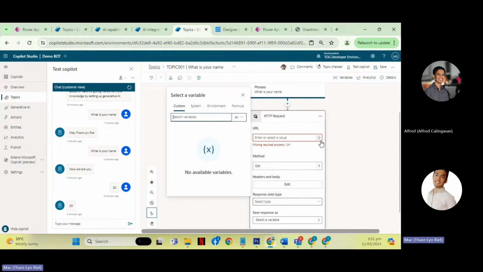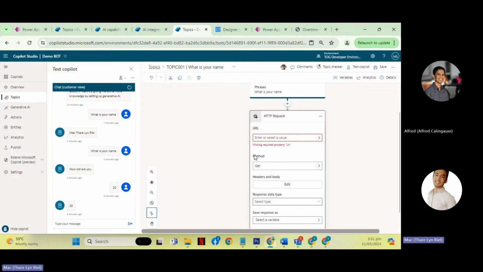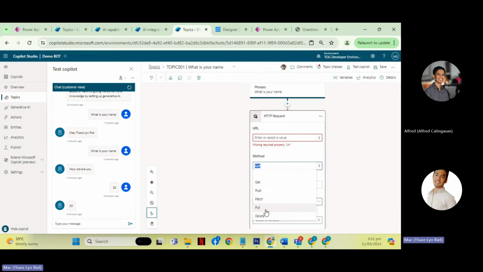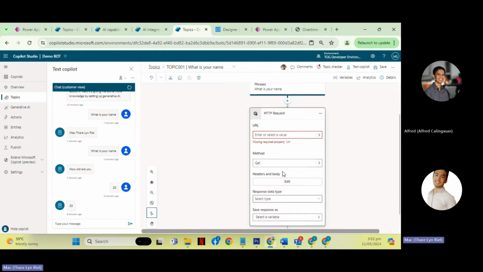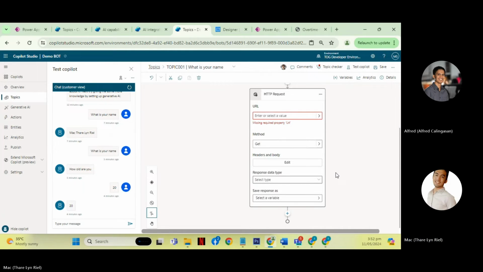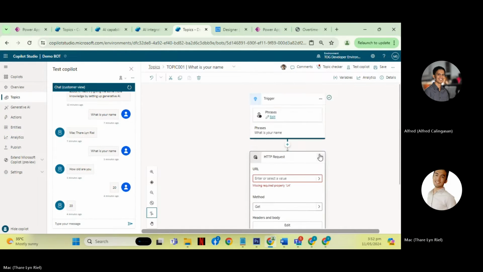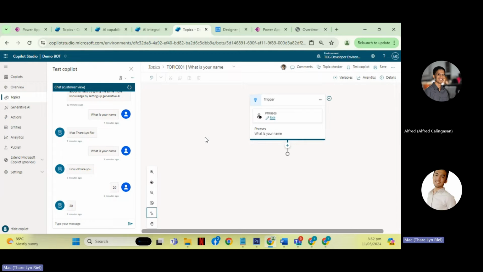It will do whatever method you choose, so you can do get, post, patch, put, or delete. You can also edit the headers to match the required headers of the endpoint. So those are some of the actions that you can use while creating the topic.